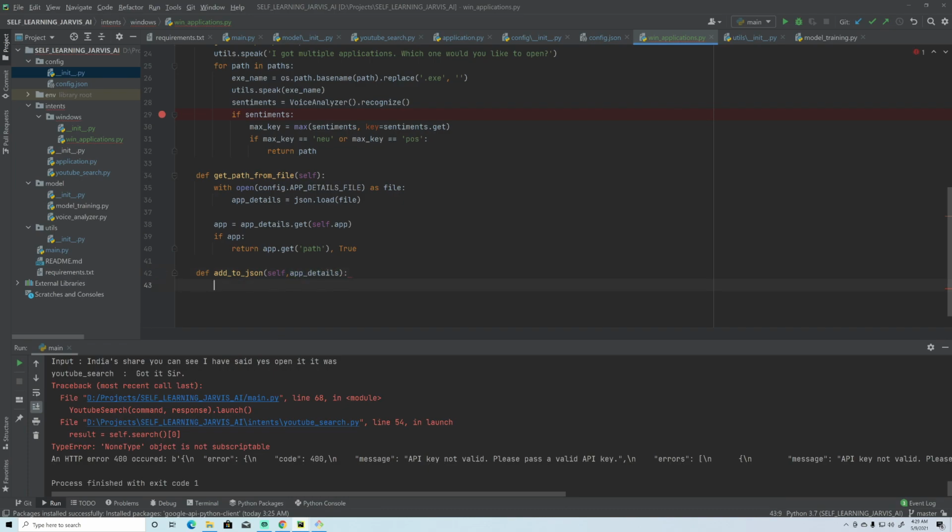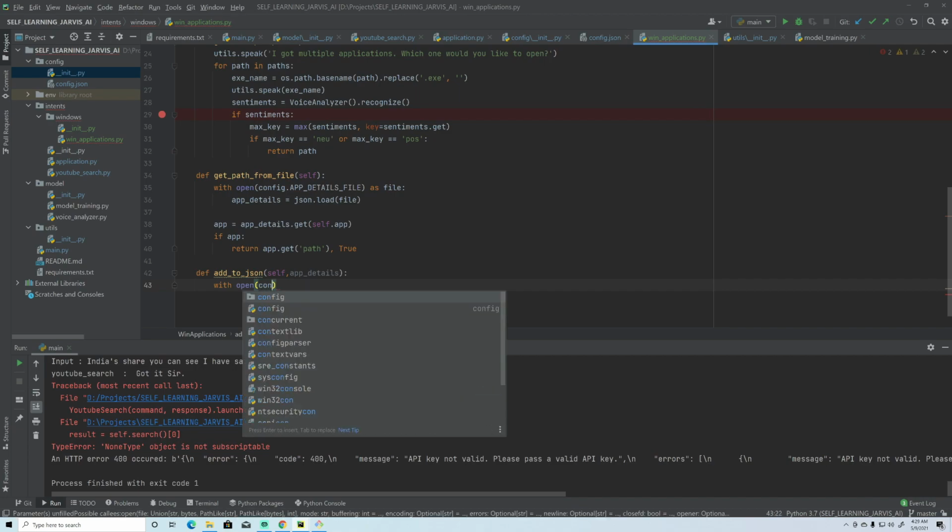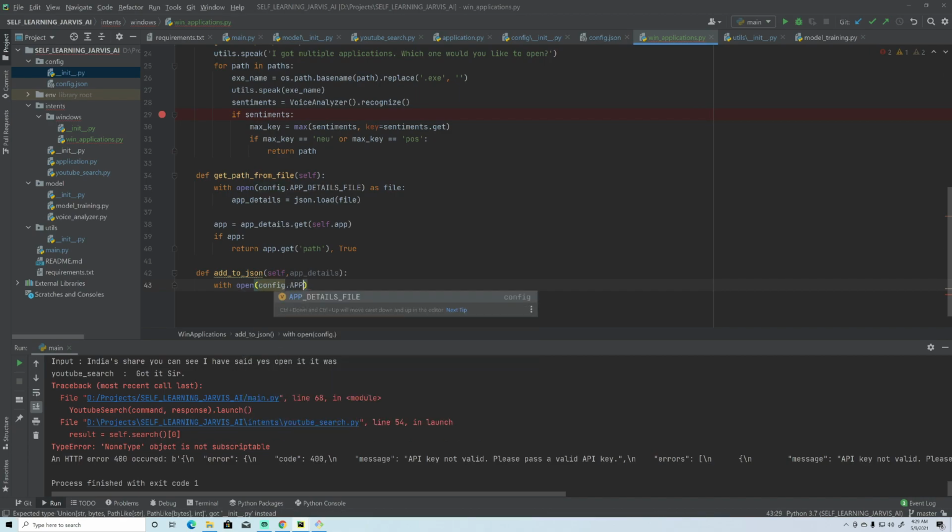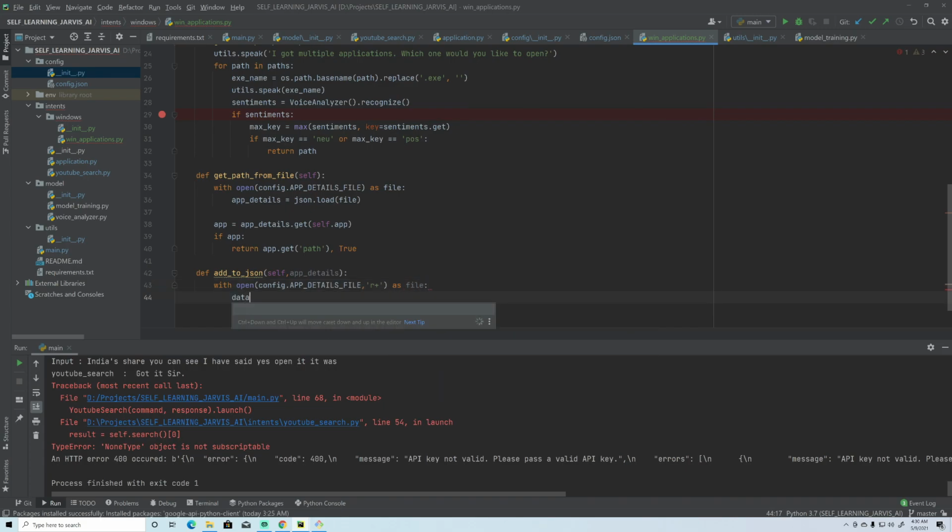Now again we need to with open config.app detail, and we will use read and append mode, as file, data equals json.load file.